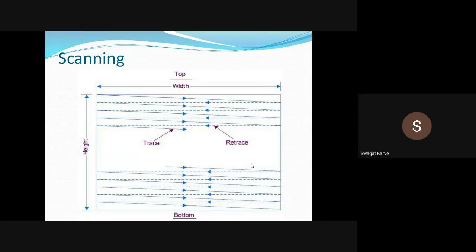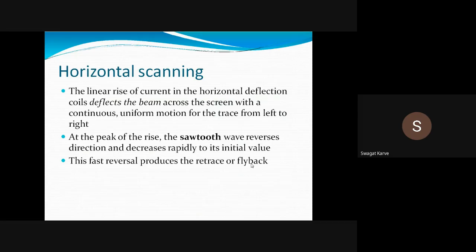And this is how your video is appearing on your screen. Now you have the horizontal scanning. Now what do you mean by horizontal scanning? The linear rise of a current in a horizontal direction coils that deflects the beam across the screen with a continuous uniform motion for a trace